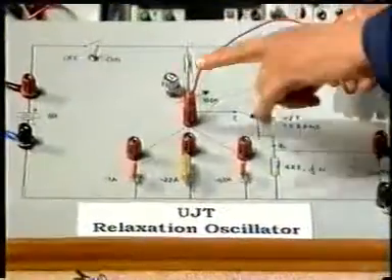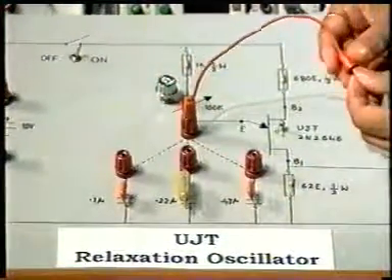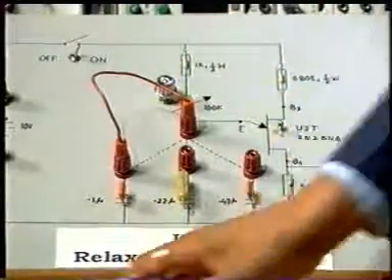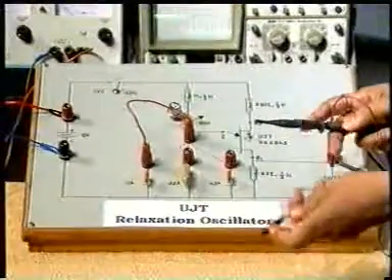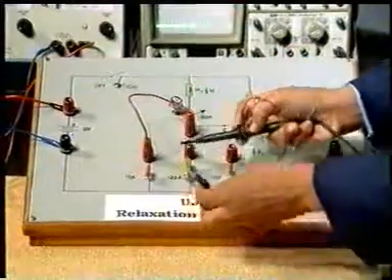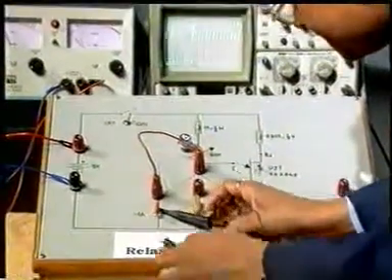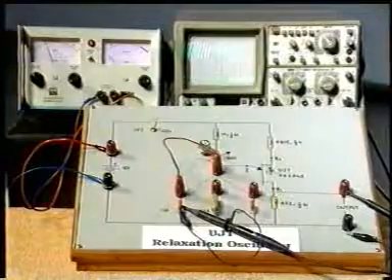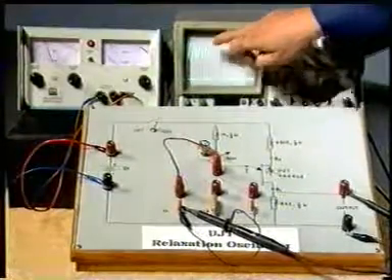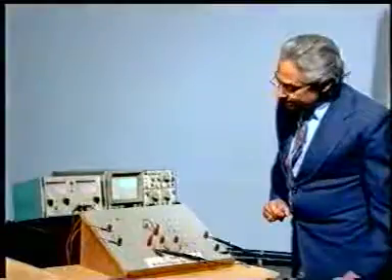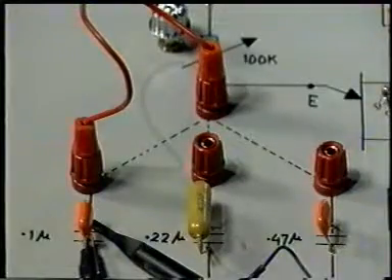Now you see I am going to use first the 0.1 microfarad capacitor. So I connect it here. The 0.1 microfarad capacitor is connected in the circuit, and of course the 100K potentiometer is now being used as a fixed resistance here. So let me check the output. Connect the probe across this capacitor, which is 0.1 microfarad, and you see here is the output coming. This is the charging and discharging of the capacitor, and below, the second trace, you are seeing the output pulses across this 0.1 microfarad capacitor.